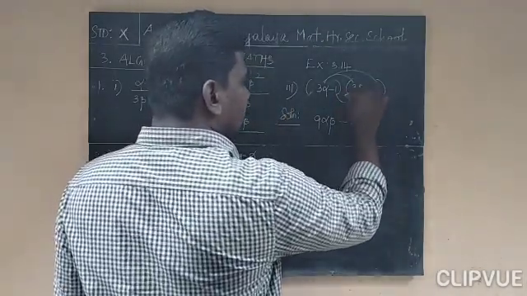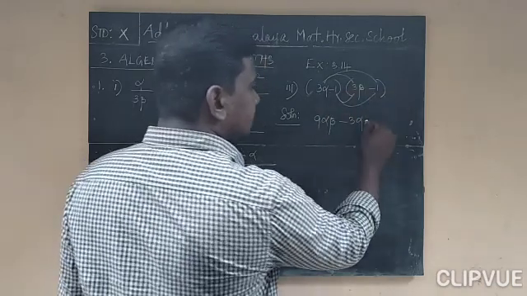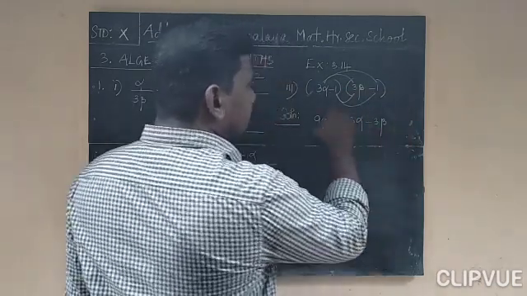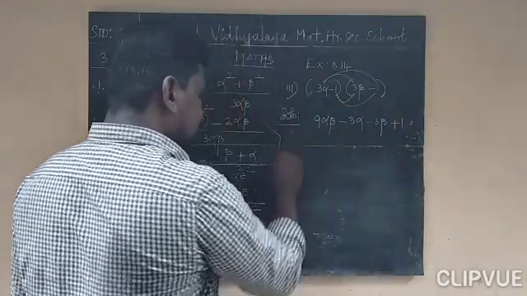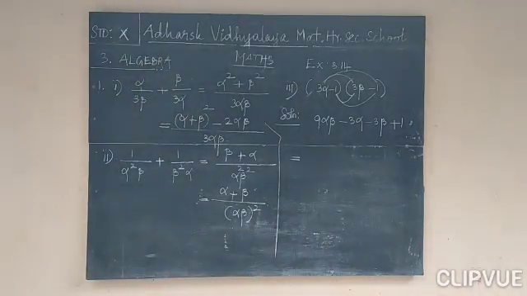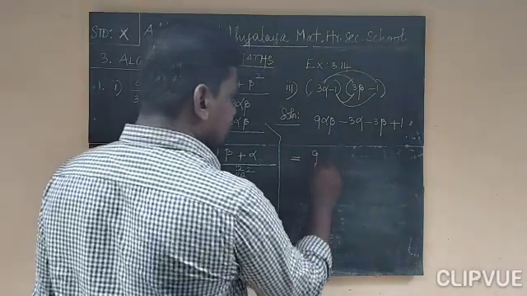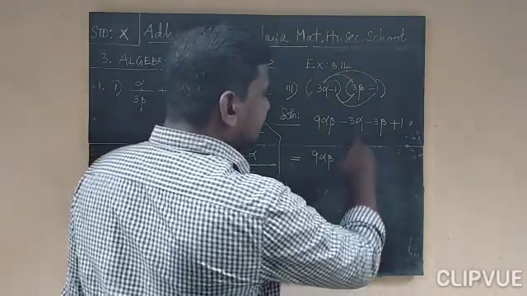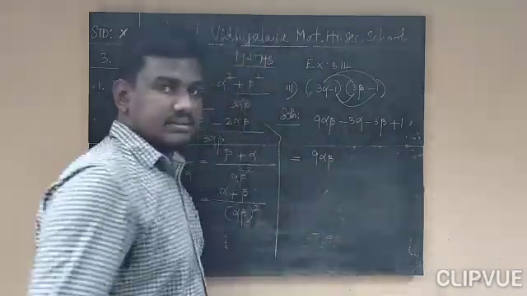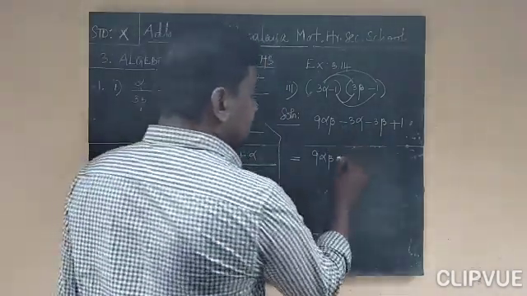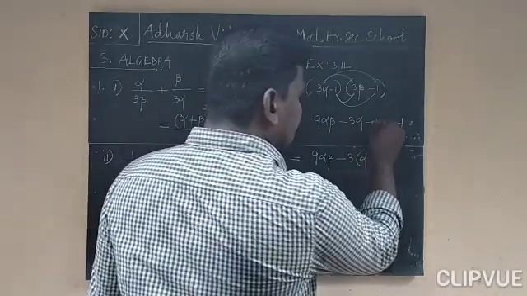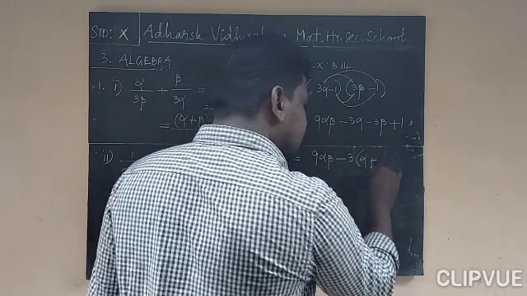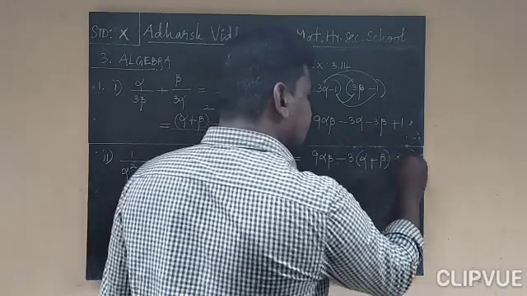Next take this minus 1 and multiply them. Minus 1 into 3 beta is minus 3 beta. Minus 1 into minus 1 becomes plus 1. Look at this. 9 alpha beta. Here minus 3 is the common factor. Two terms are there. If you take that minus 3 out, what do we have here? Here alpha. Already we took that minus out, so it becomes plus beta there, plus 1.